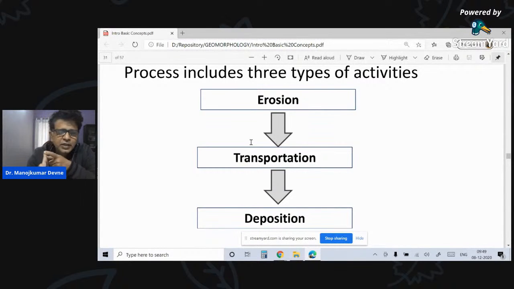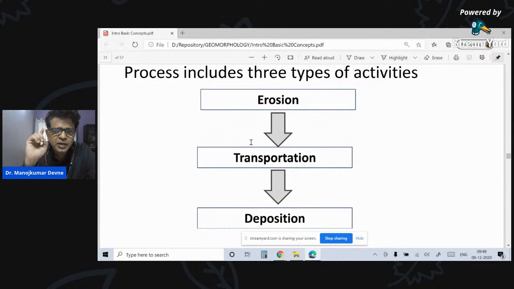Normally, we study river at the primary level, then we go into further depths. But remember that the processes remain the same in all five. There will be erosion in all the five, there will be transportation in all the five, and there will be deposition in all the five. Given this, you will have erosional landforms in all the five. You will have depositional landforms in all the five. That is what I meant when I said that once you know the basic processes of geomorphology, handling agents of erosion and other things is going to be easier.